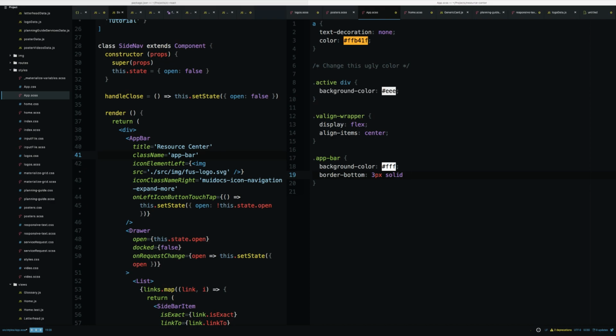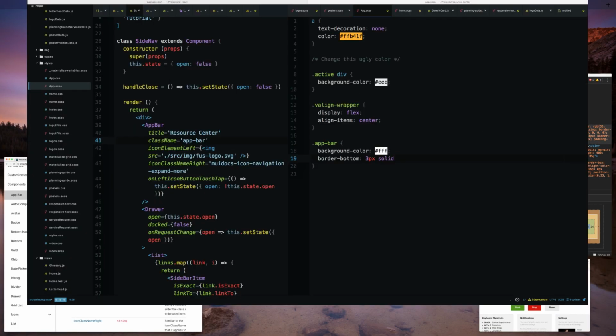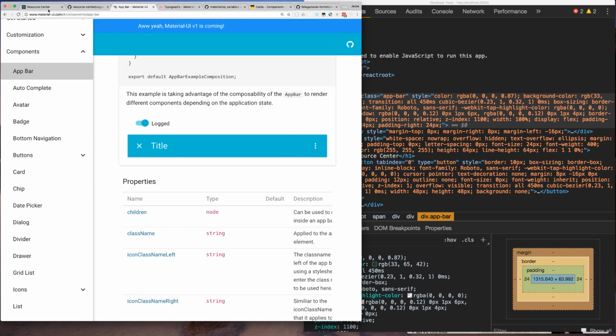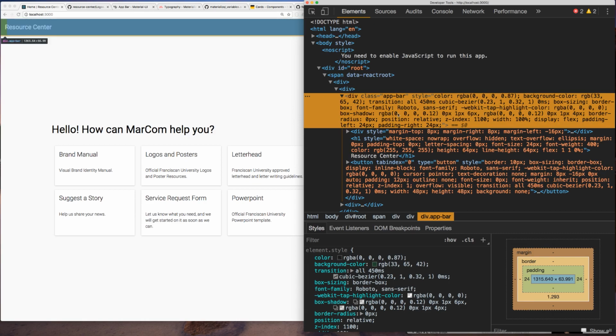Let me grab that color. And what else do we do? Let's just make sure that worked first. Okay, we did get the border on the bottom, but maybe